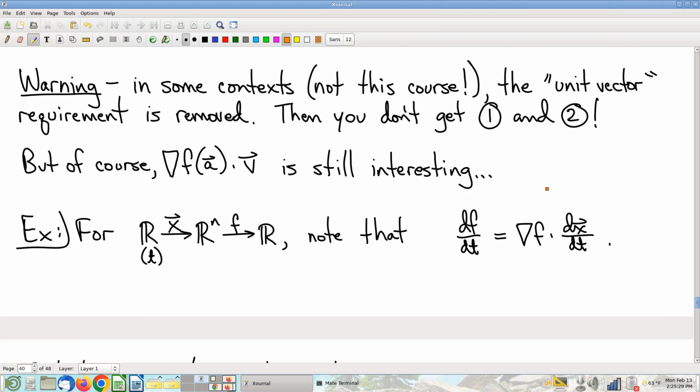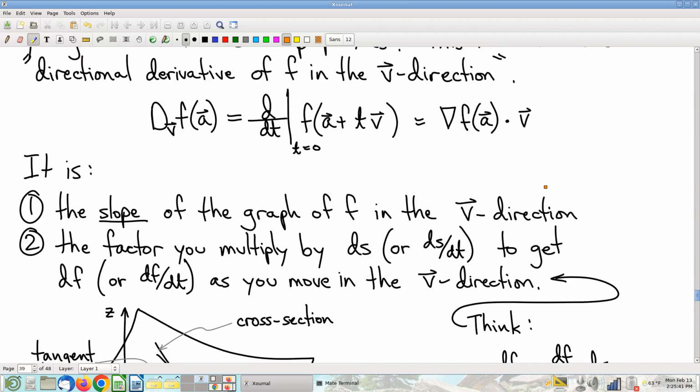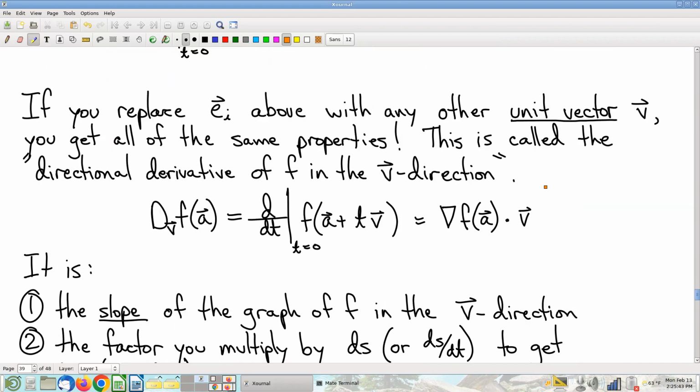There is an inconsistency in the math, in the STEM community, about the usage of the term directional derivative. Now recall, I was very, very explicit here that we need this vector to be a unit vector. For the purposes of Math 219, it's got to be a unit vector for this course. That's the way our book does it, which kind of dictates that that's the way we need to do it,